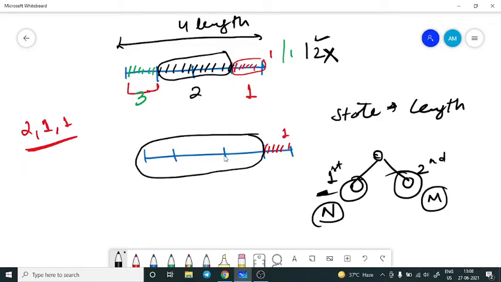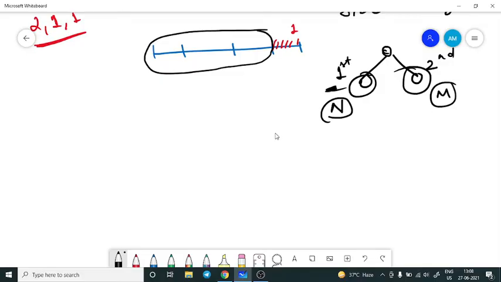The task which was initially for this entire length was to find the minimum number of cuts, correct? But now the task is the same, that is to find the maximum number of cut segments required for this range, right? So the sub problem is reduced, but the task that we have to perform remains the same. So why am I telling you this? Because, as I said, it is a kind of recursive solution.